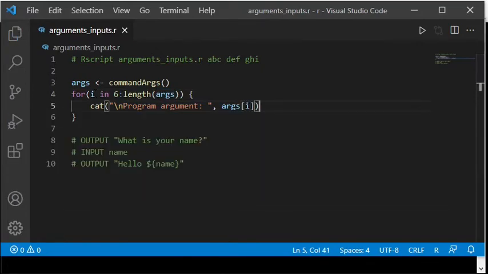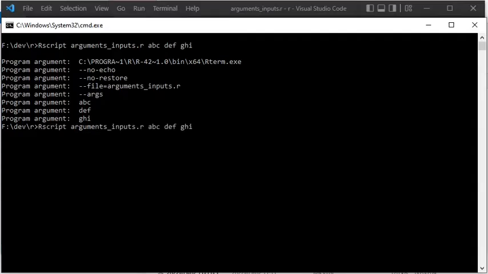I can also mention that the vector index starts with 1 to the first element and not 0 as in many other programming languages. When I then execute again, it now works exactly as expected. Now only the 3 actual program arguments are printed on the screen. Note that the first 5 elements that were previously printed on the screen are no longer printed.